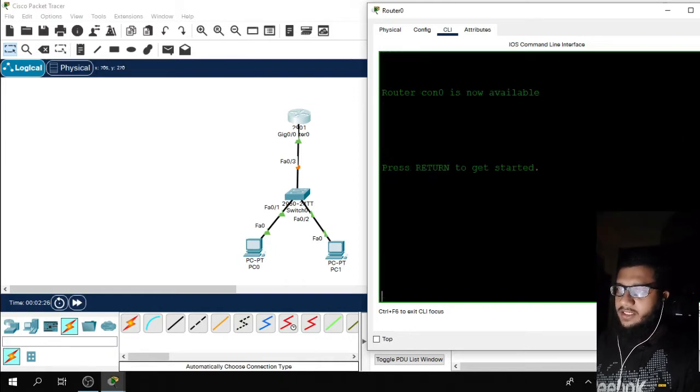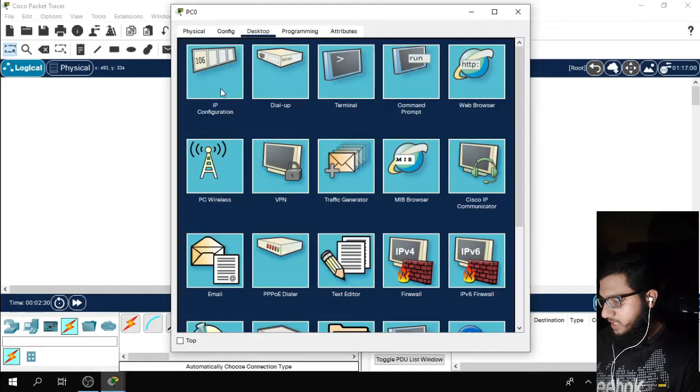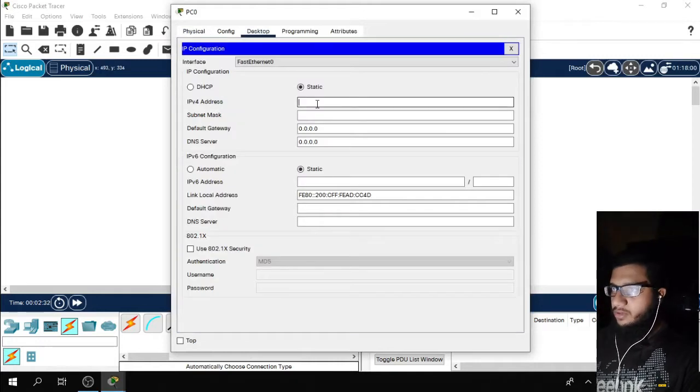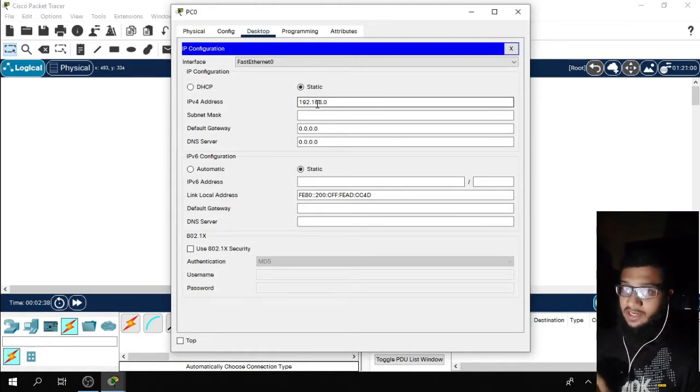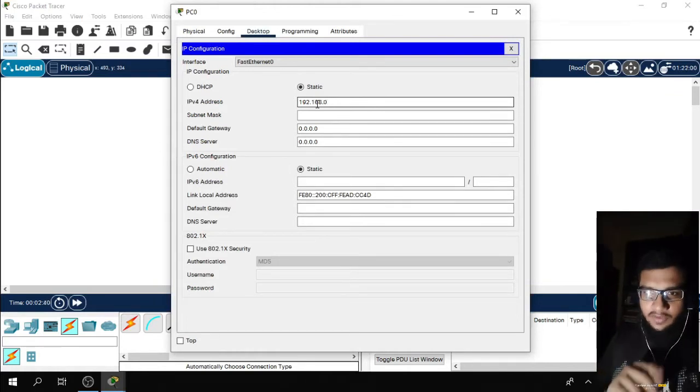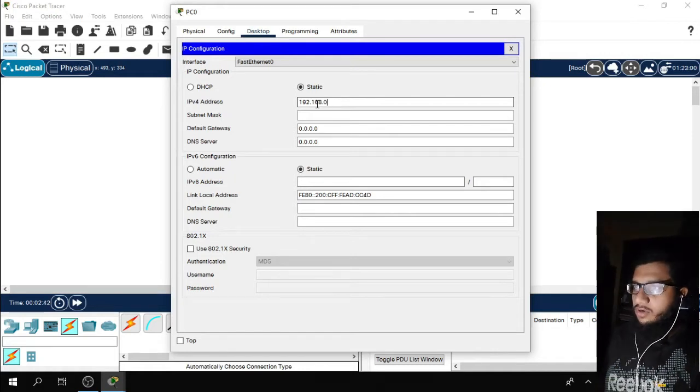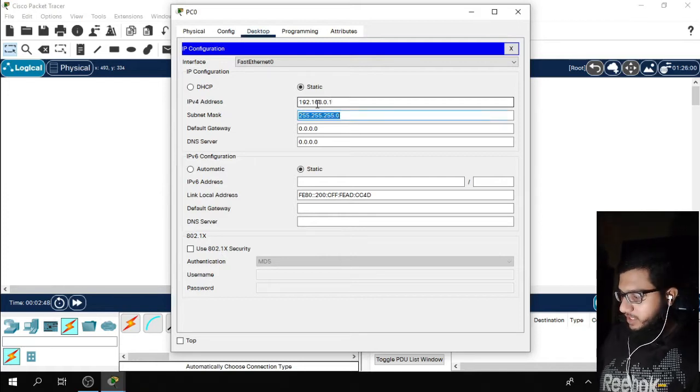Now I'll assign one IP address on the PC: 192.168.1. Sorry, it will be 0, because I have assigned the 0 network on the router, so I also have to assign the 0 network on the PC. So it will be 192.168.0.1.